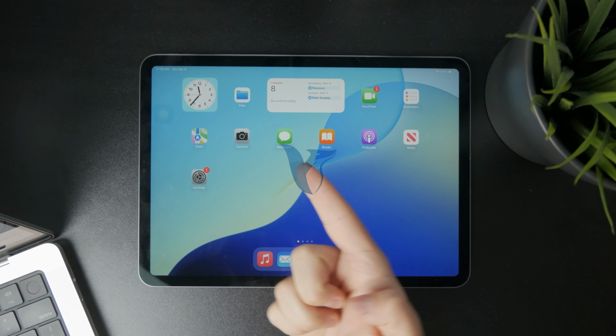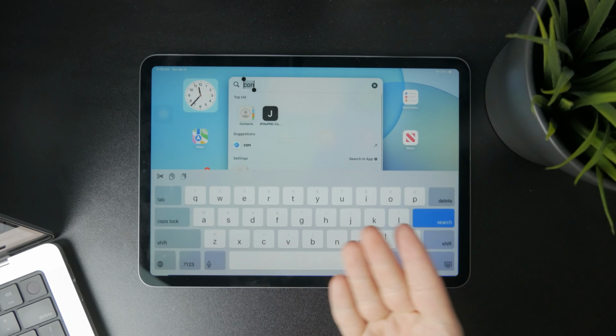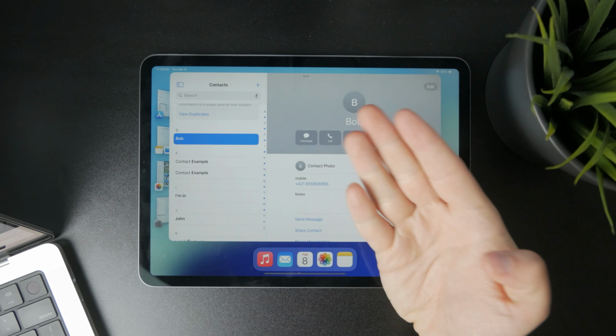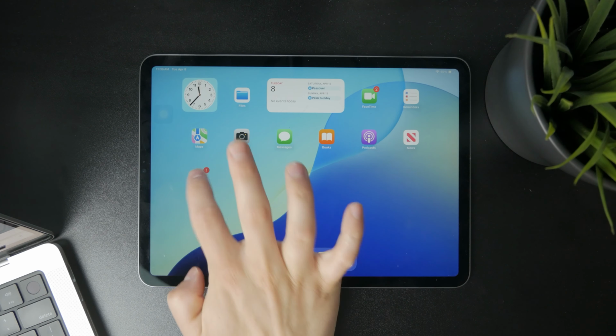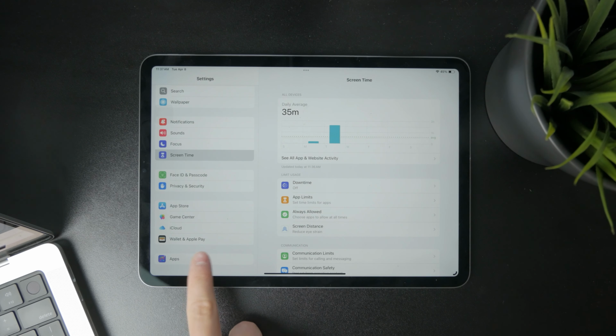Now this is how you can unblock contacts and numbers on the iPad. Let's get started. The iPad doesn't have a dedicated phone app, but you can still perform calls through FaceTime and other services. So if you open up the settings and head over to the apps section at the bottom